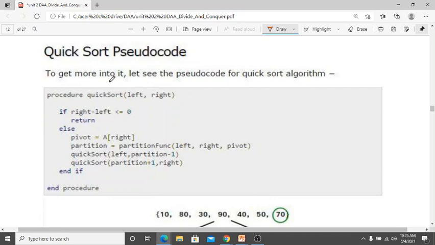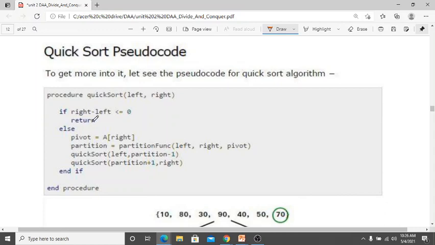So to get more into it, let's see the pseudocode for the quicksort algorithm. Procedure quicksort left and right.